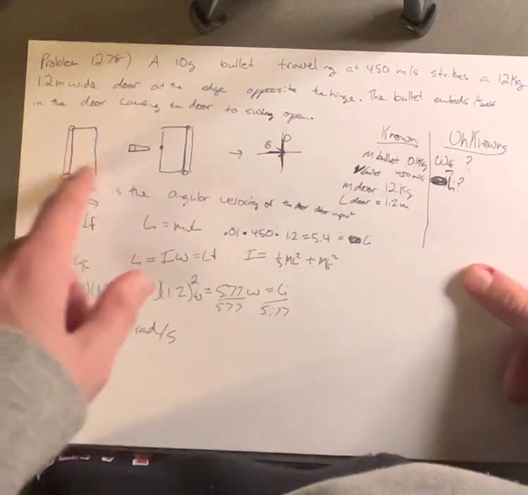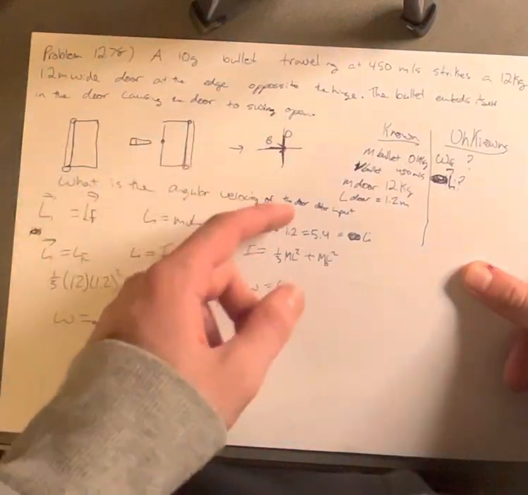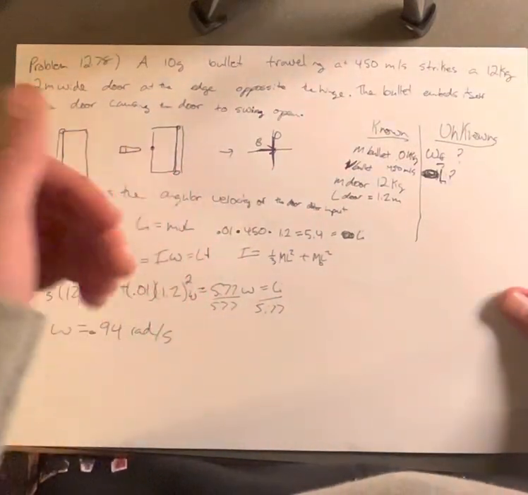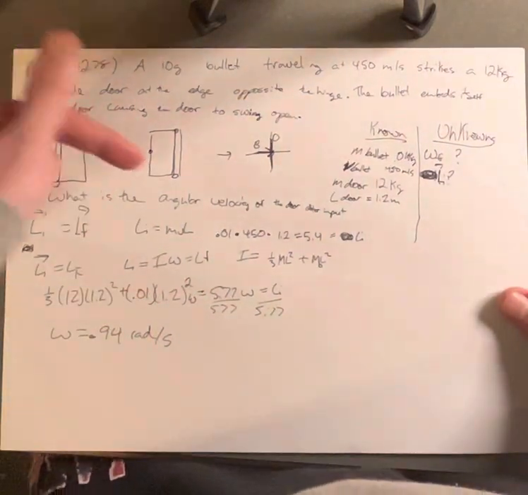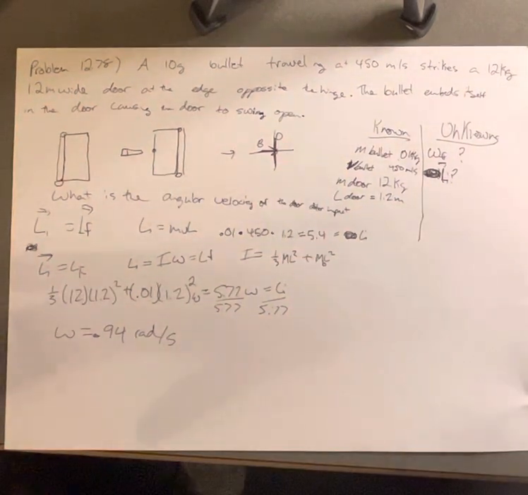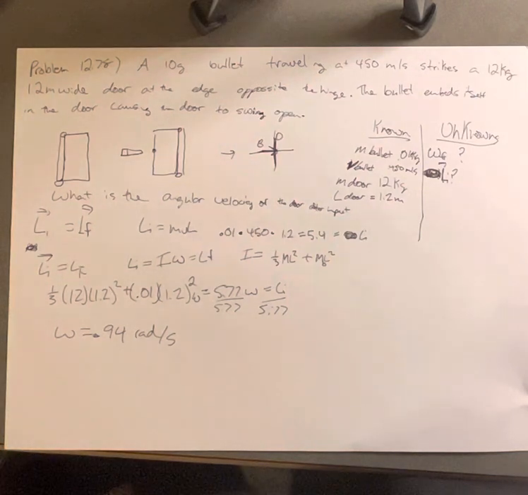All right, so we have a door, it's hit by a bullet right on the edge of the door, opposite of the hinge. So it's important to notice that the bullet is hitting the edge of the door, but it's hitting it right perpendicular. That's important to know, because to find our angular velocity ω, we're going to have to use